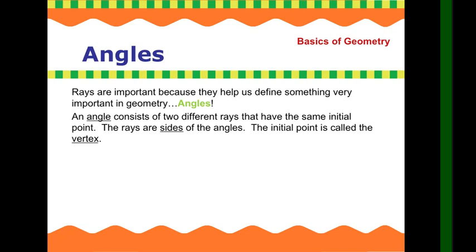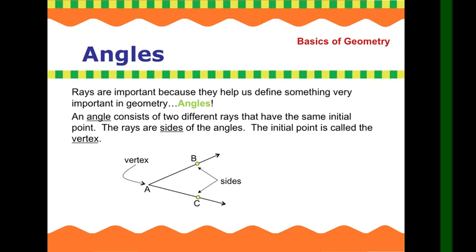Yun yung kanilang pagkakapareho. Na pag nagdugtong yung dalawang rays, we call it an angle. So, this one is an angle. We can name it as angle BAC or CAB or angle A itself. So the vertex is the same, and these sides, ray AB and ray AC, when you combine these